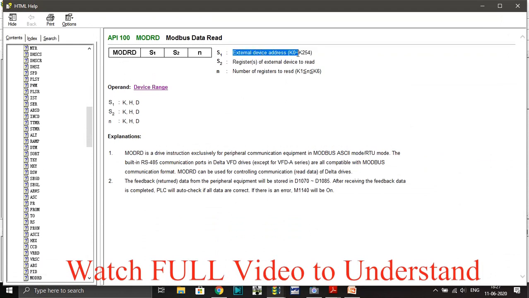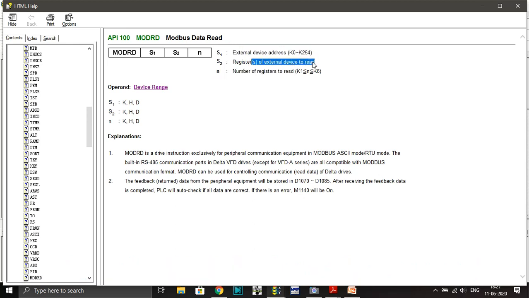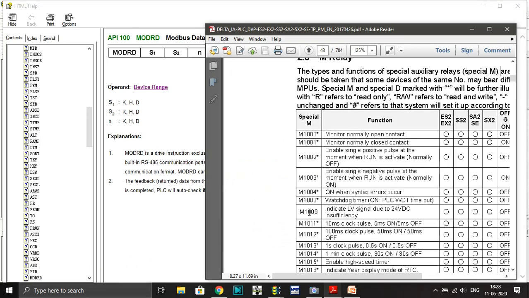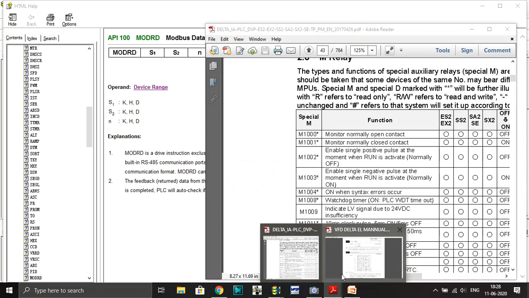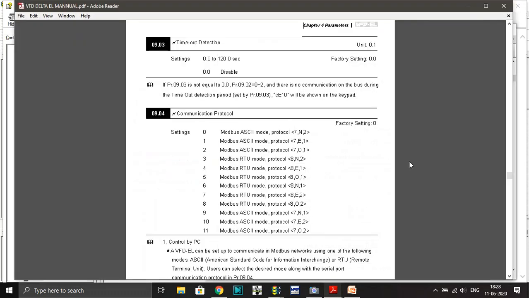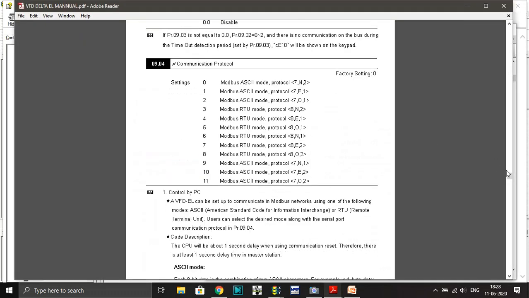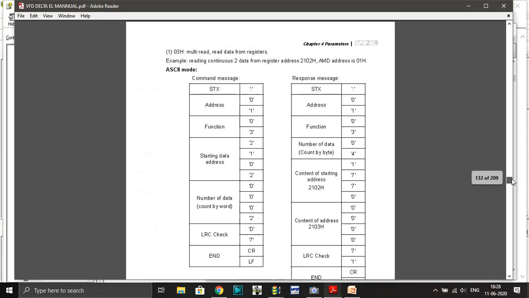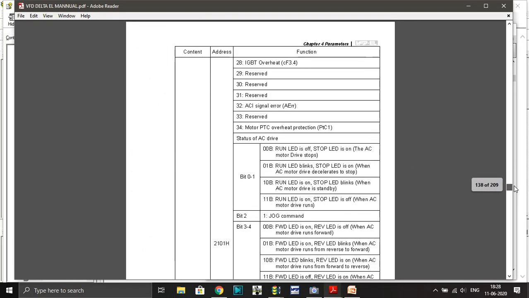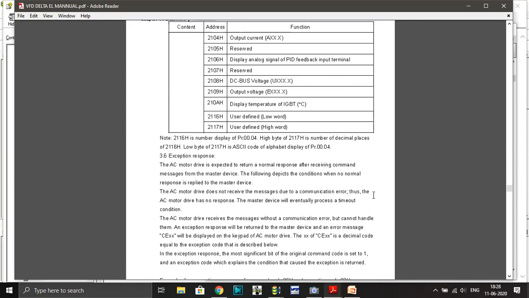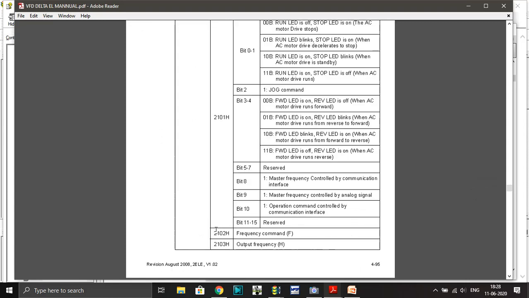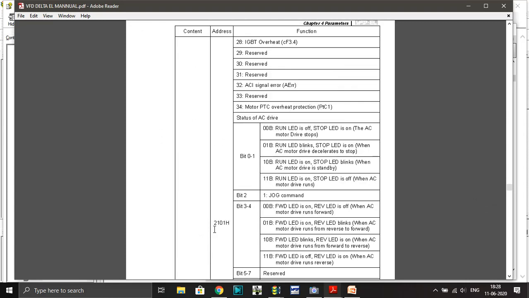S1 is the same external device, we are going to put K1. The register to read from the VFD is different. What we want to read is the frequency. So for the frequency we have a different register to read. Okay, that I will show you here. See this one.